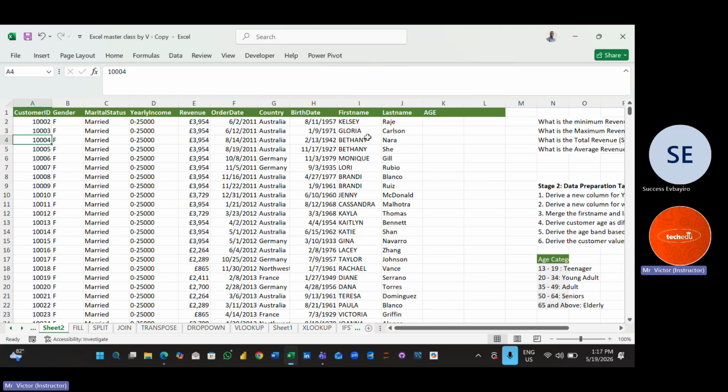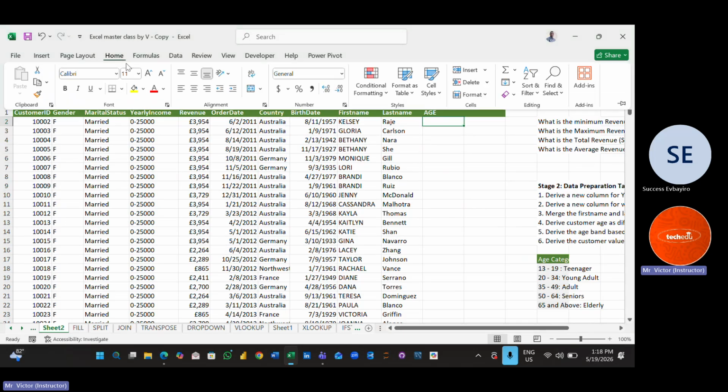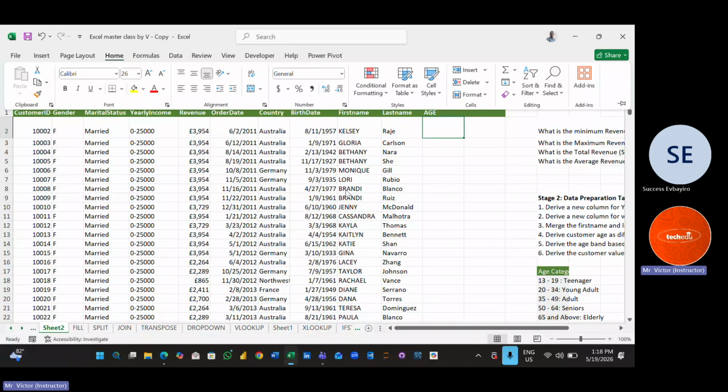If you are using a calculator, don't give it a point, and minus it. So let's look at what is the function for calculating. We'll go to the column called age that we just named, then I will do equal to